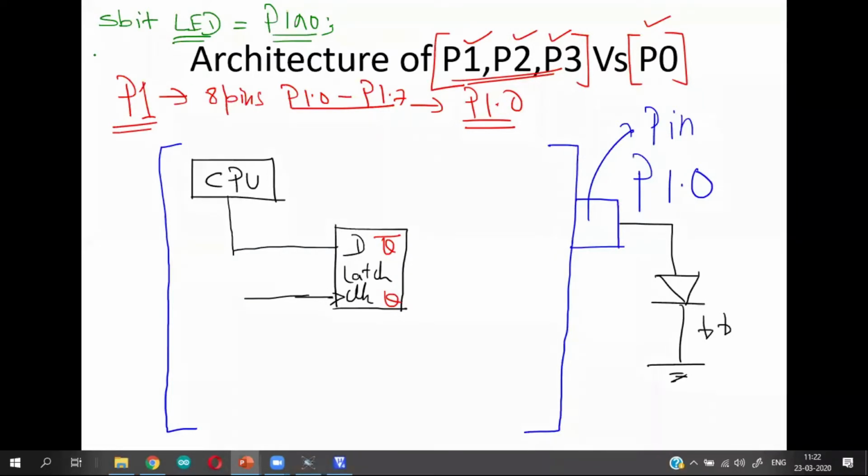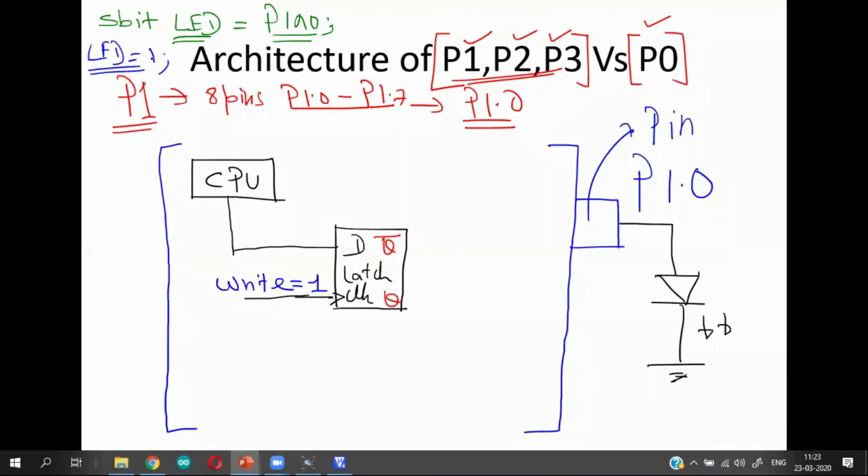And I am using this statement: LED equal to 1. LED equal to 1 is a write operation. So whenever you are performing a write operation, the CPU will make this clock line a 1.